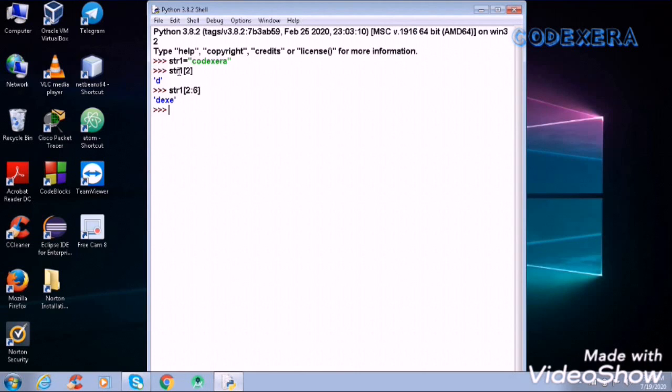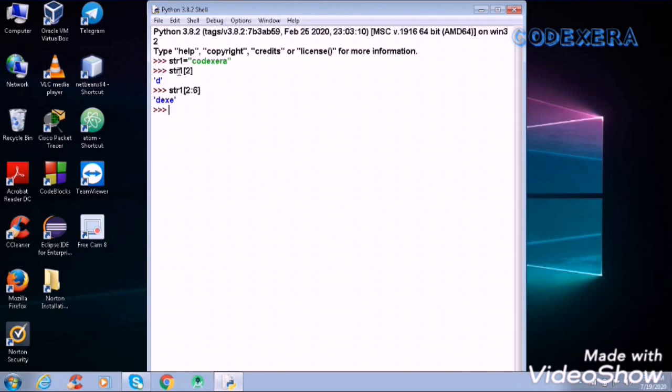After this there are lots of operations we can do on a string, but before that I want to show you something: a string is immutable. It means that we can't modify a string's value. If we want to change any character in our string, we can't do that because a string is immutable.